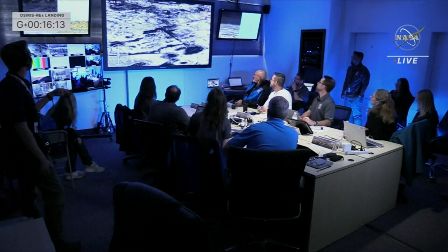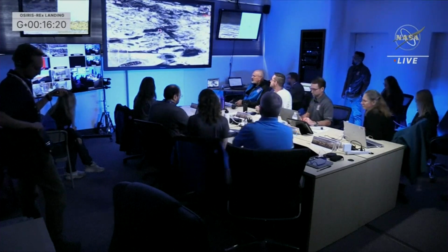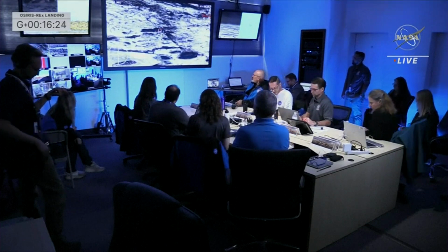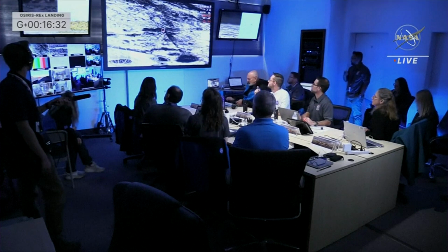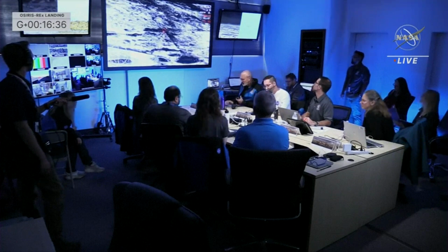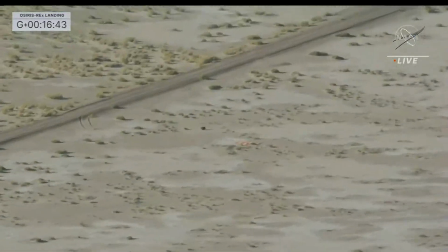Tim Preiser pointing at the screen now, wondering if he has any more information for us on where that sample return capsule location would be. We do have visual confirmation of that parachute, as I mentioned. Rich Witherspoon radioing out to the team. And now we have a view from our helicopter